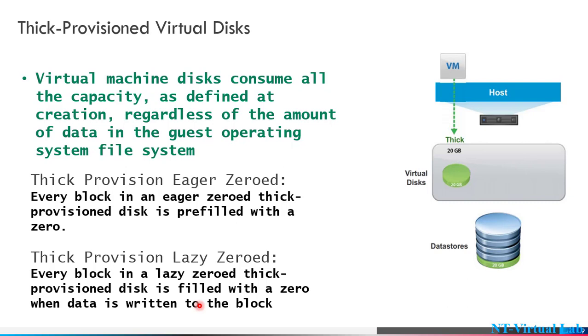So it's the process of clearing your hard drive. In eager zeroed, the zeroing process is performed at the time of creation, and in lazy zeroed, the zeroing process is performed when you start to write your data on that virtual hard drive. So if you create a hard drive of 20 GB, it consumes the 20 GB space on your data store.